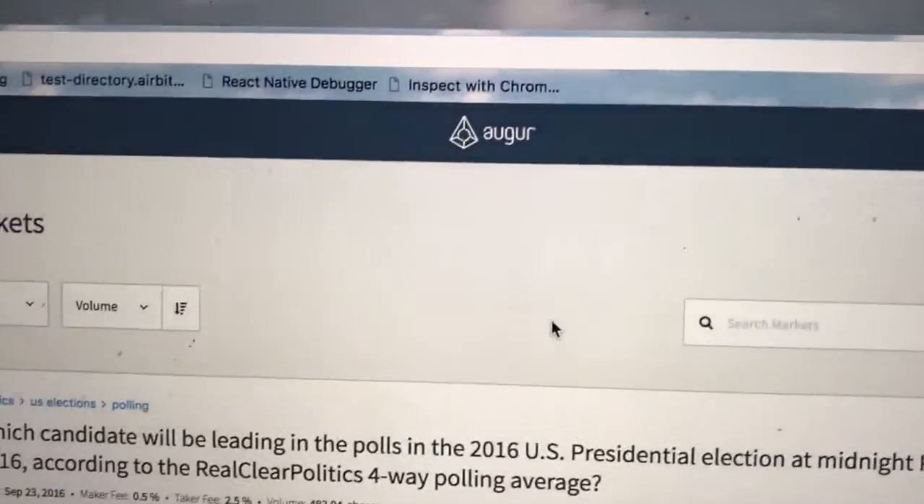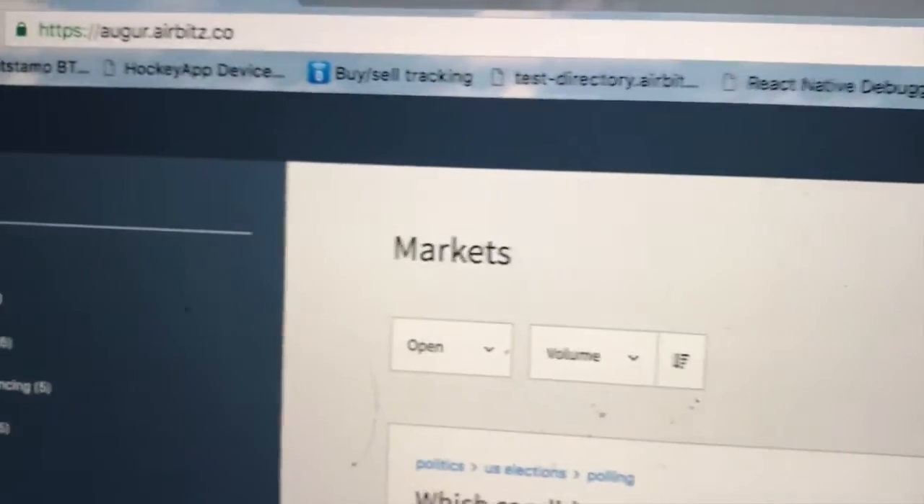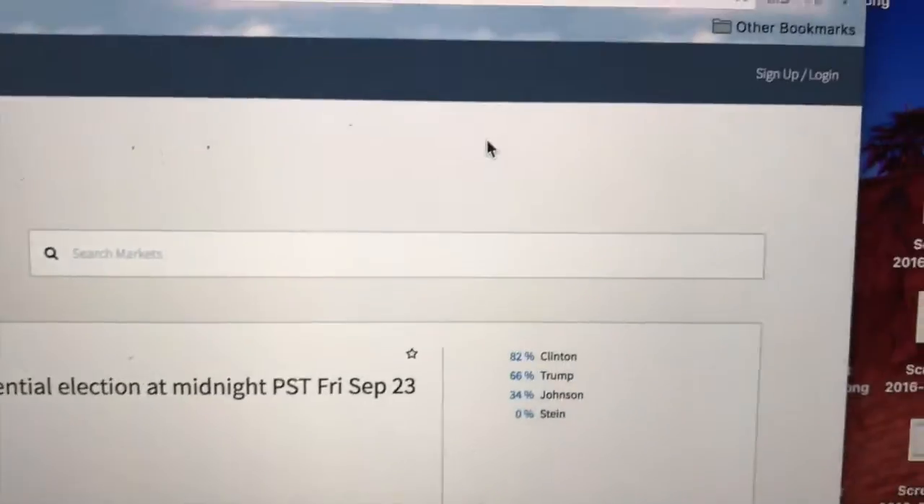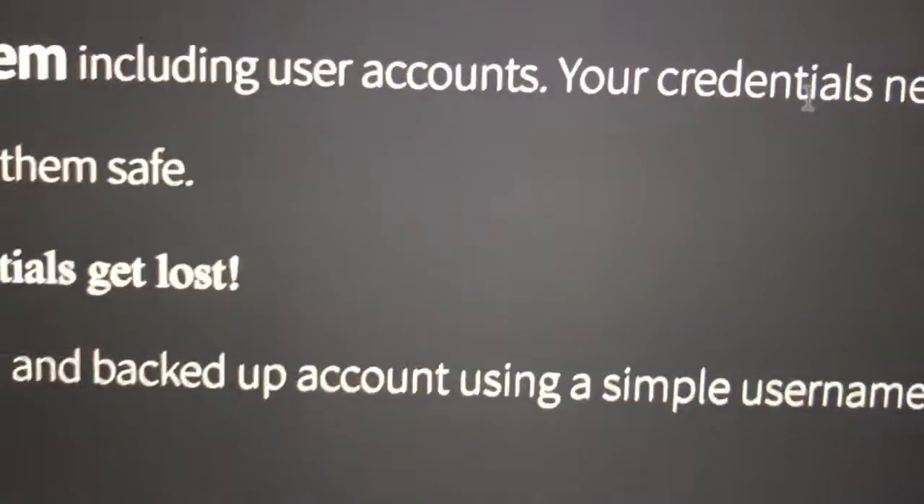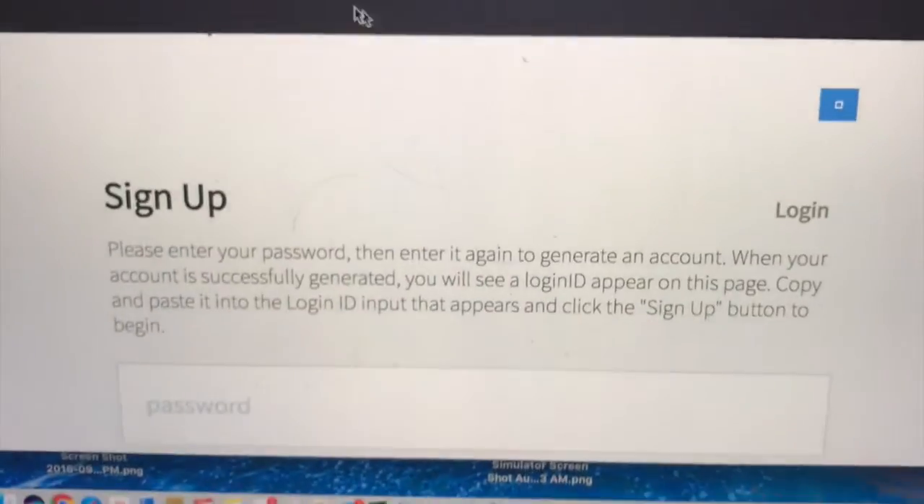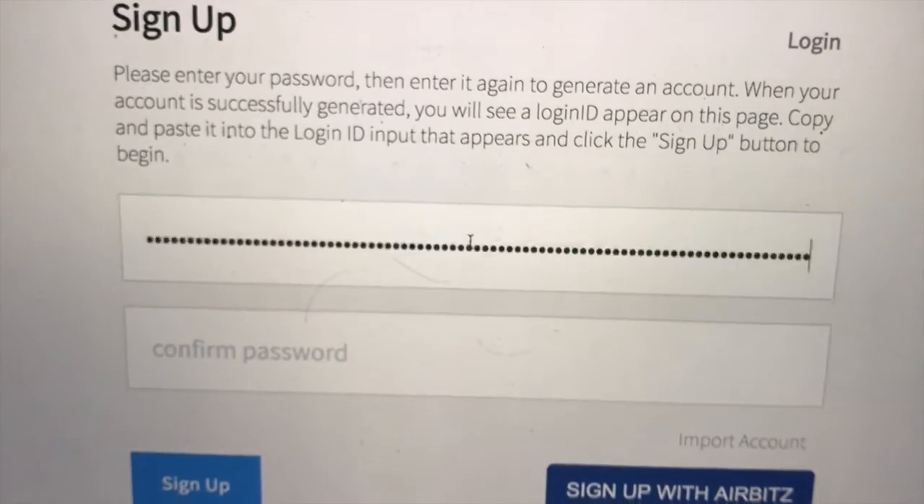So I've got here on my screen a pre-release version of Augur's website with Airbitz integration on it, and I'm going to show you what it looks like to, quote-unquote, sign up for an Augur account with and without Airbitz Edge Login. So the basic sign-up process has you enter a password. Paste one I've already got in here,